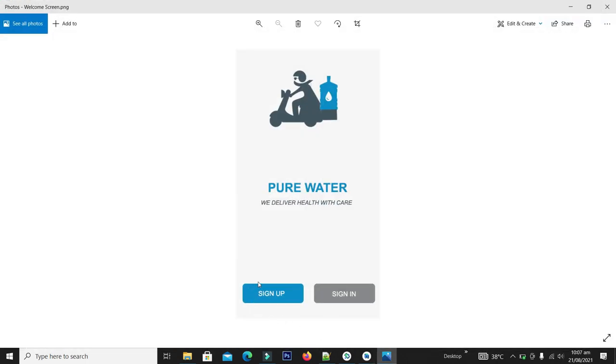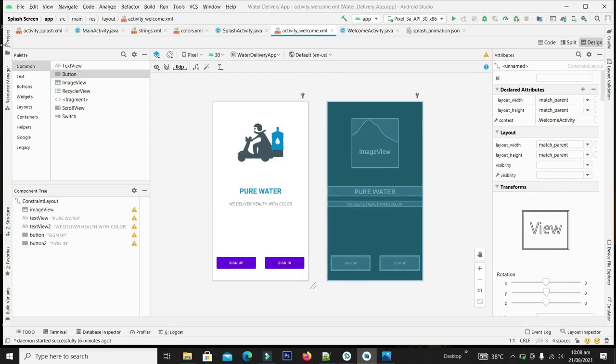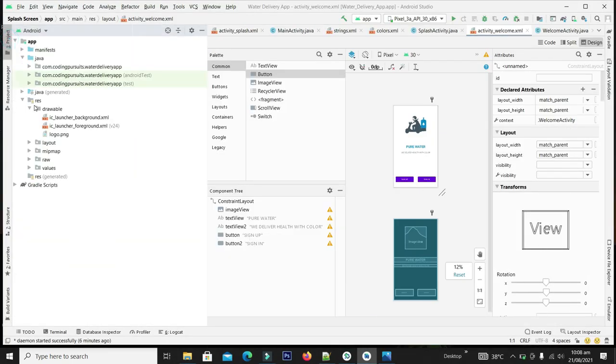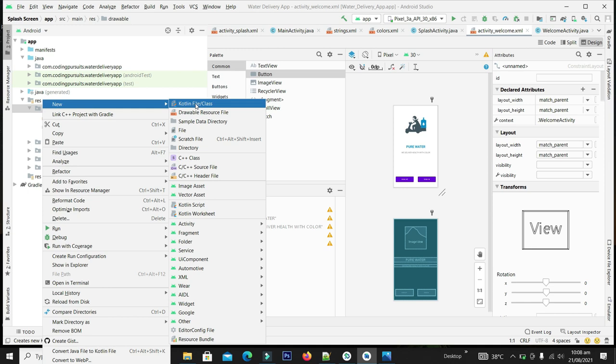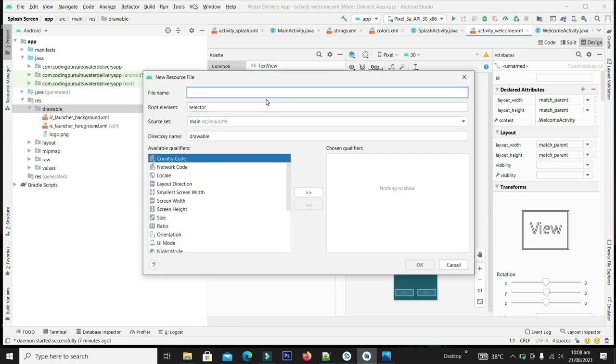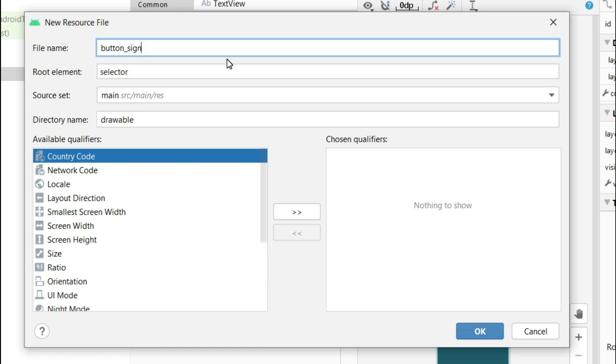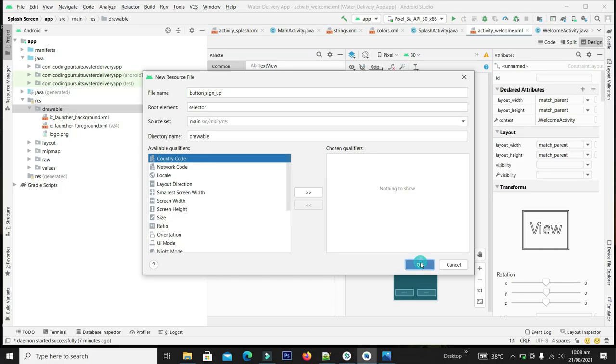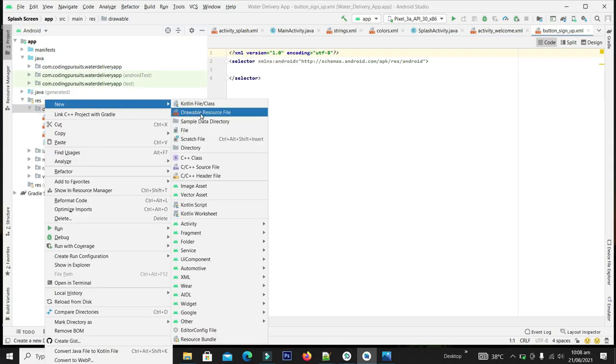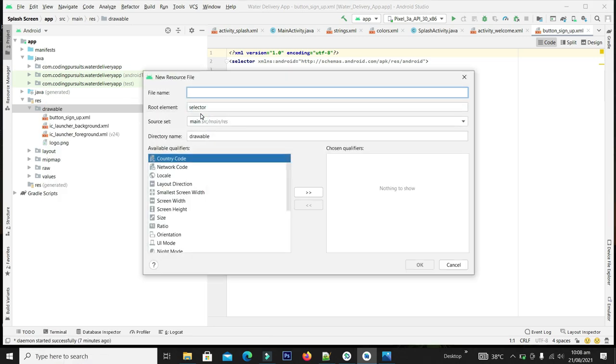Now let's give these colors and shape to these buttons. For this we will have to make two resource files which will be allocated to these buttons, one for button sign up and one for button sign in.